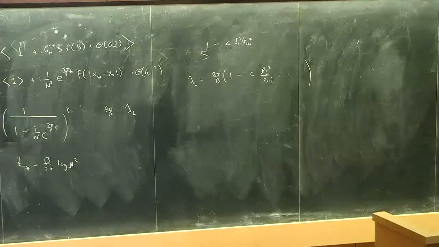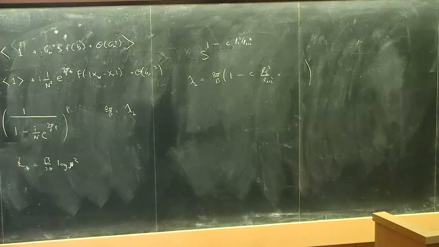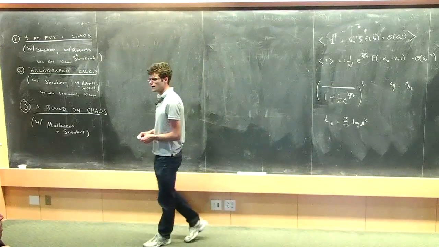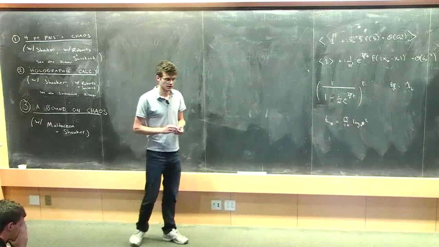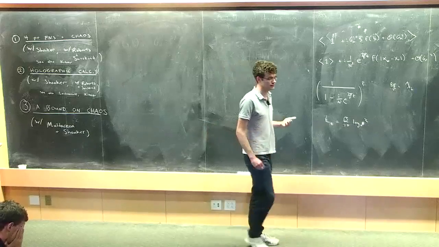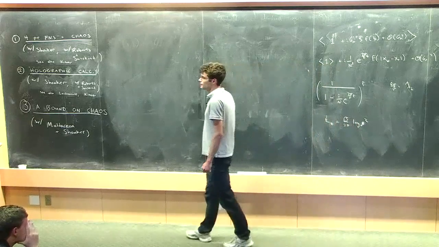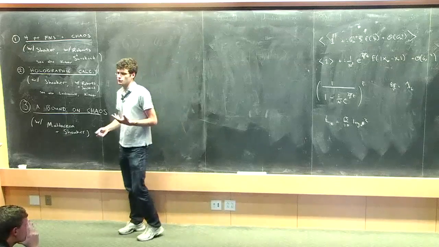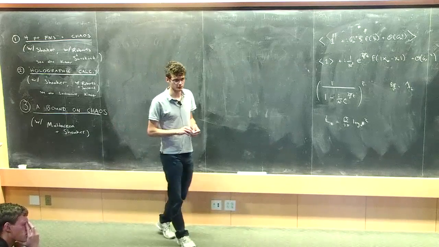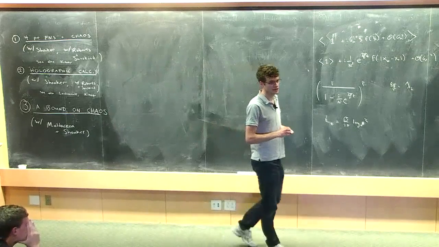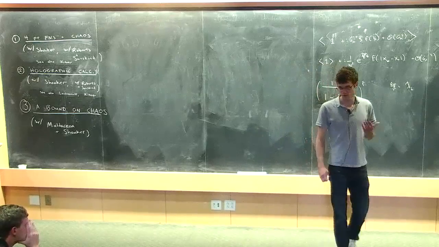So in our paper, Juan and Steve and I try to make a rather general argument. And for the purpose of this talk, I'm going to make a slightly less general argument. I'm going to focus on the case of a large N quantum mechanical system where the V and W operators have 0 thermal 2-point function. Also going to assume that the V and W operators have 0 thermal 1-point functions.